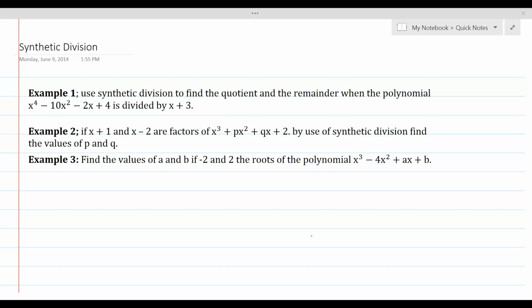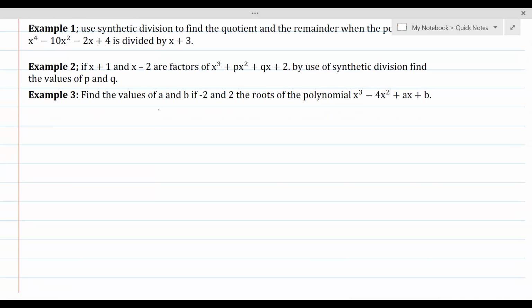In this lesson, we are going to learn about synthetic division, which is a fundamental, easy-to-use tool for finding solutions of not only quadratic equations, but also polynomial equations of higher degree as well. Let's get started with example 1, in which we are required to use synthetic division to find the remainder and quotient. Here the given polynomial is